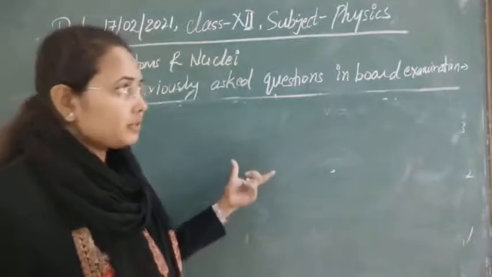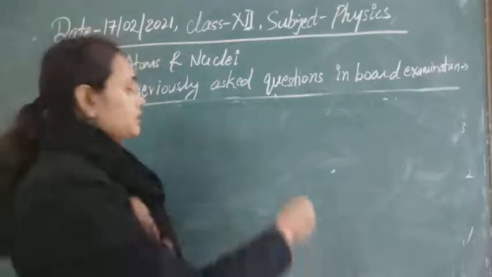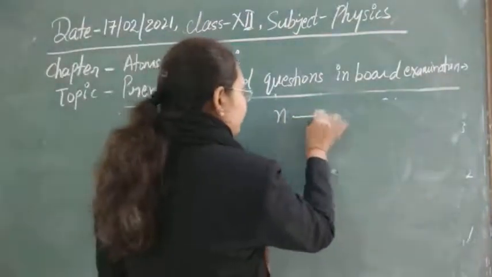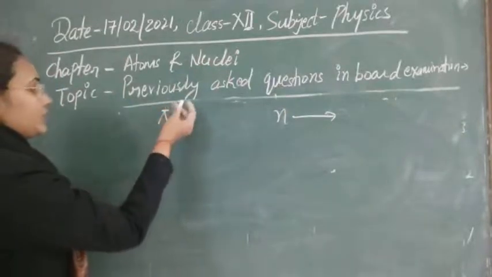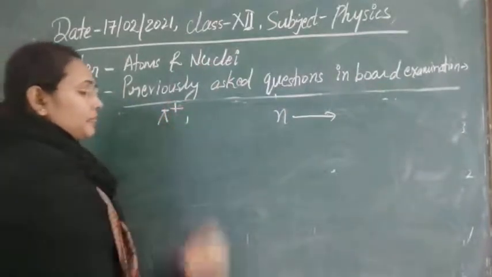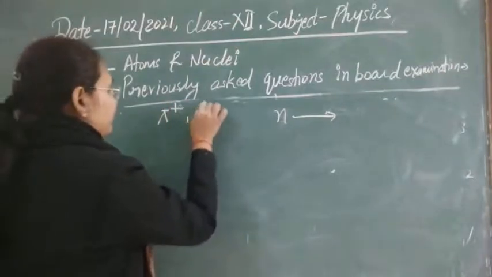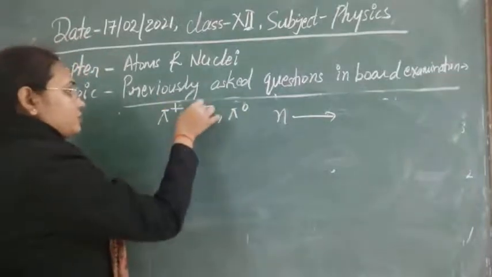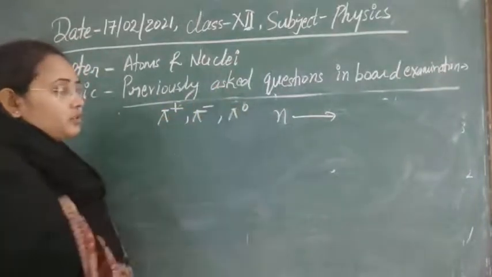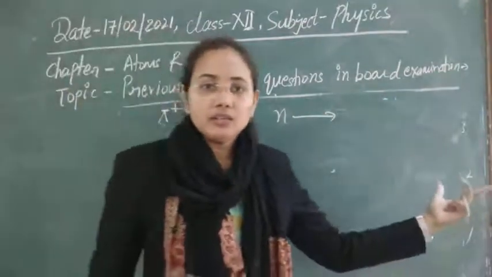And if you have to just write the reaction in which they are converted into each other, then you can write it. If any neutron is converted, firstly, pi meson particles: we have three kinds of particles in that, called the family of pi meson. Here we have pi plus, pi minus and pi 0. This is the positive pi meson, negative pi meson and neutral pi meson. By using these three particles, they can be interconverted into each other.